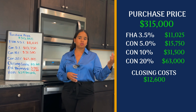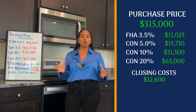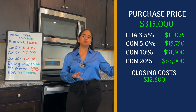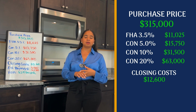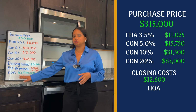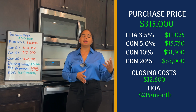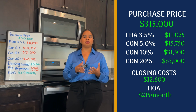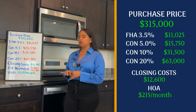You can either do the interest rate plus the closing costs, or you can do up to $25,000 total towards the closing costs that you can use for the closing costs to buy the window treatments, the refrigerator, the washer, dryer, and also cover your point buy down so that we can bring that interest rate and that payment down. And then we have that HOA of $215 a month. Now an estimated payment, depending on how much you put down, can be between $1,800 and $2,300, and that is everything together: your taxes, your principal, your interest, and your insurances, which is a great deal for what we are